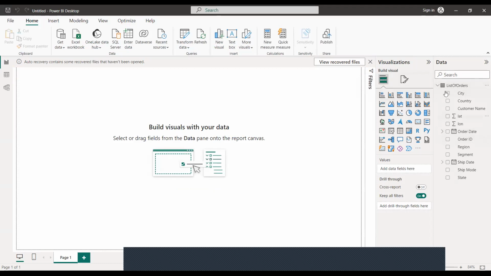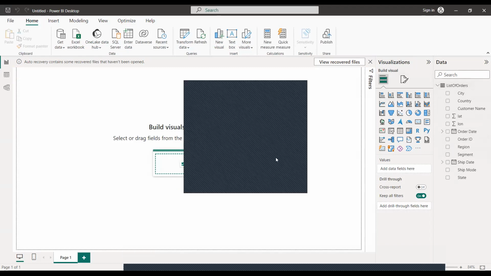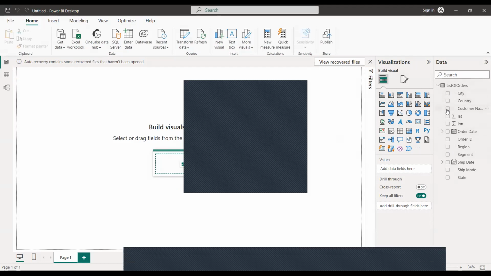We can see by the far left, let's say the columns of the list of orders: city, country, customer name, and then the order ID, region, segment, and the rest of them, the tables. You can see the data there, and then you also have visualization. Now we want to